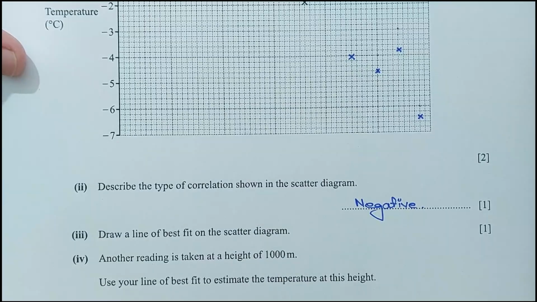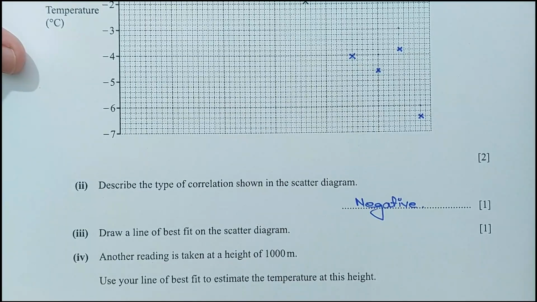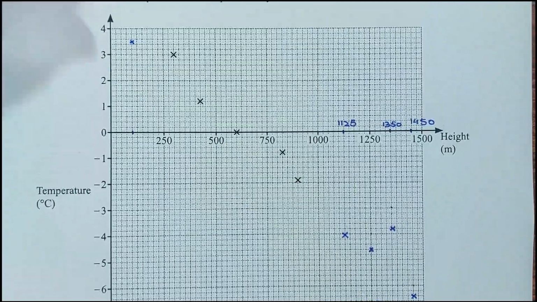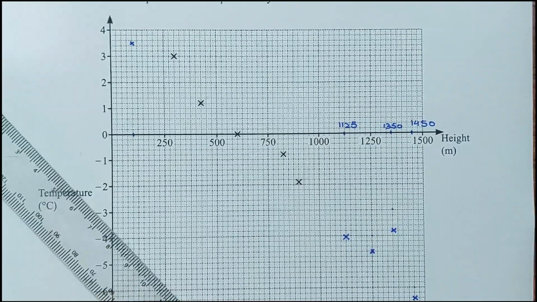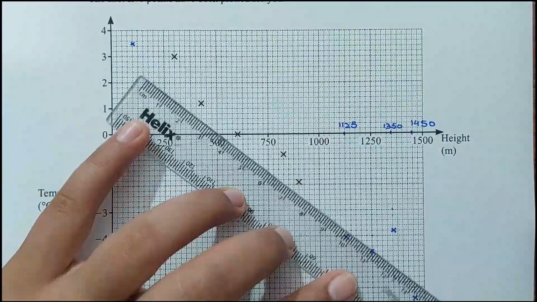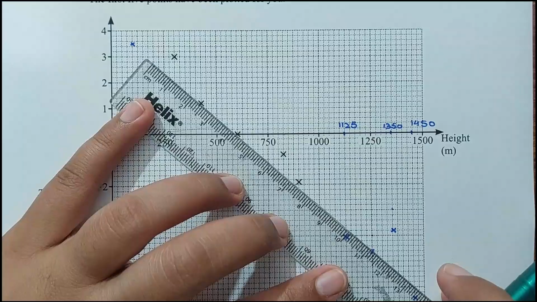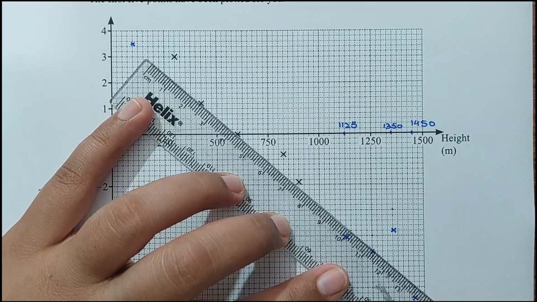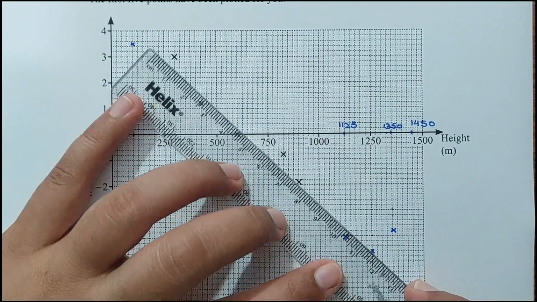Right, now for the third part, draw a line of best fit on the scatter diagram. Let me draw the line of best fit. It can be different in your case. Okay, this line passes through 3 points,